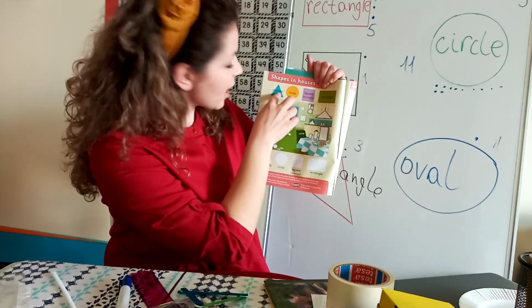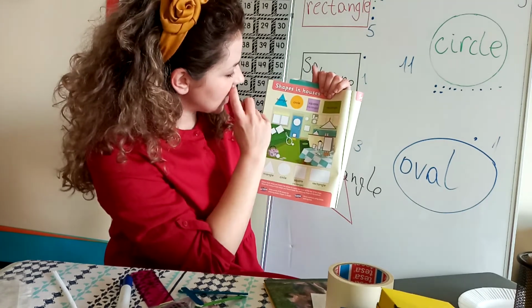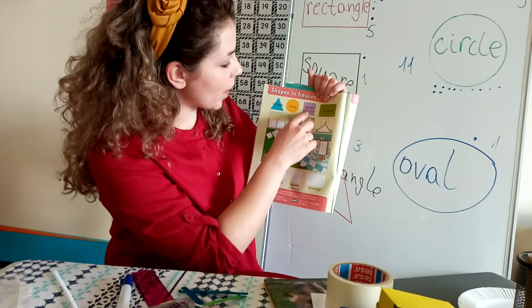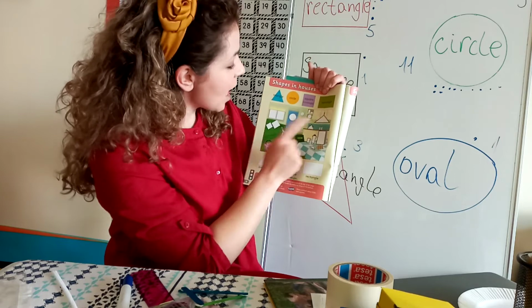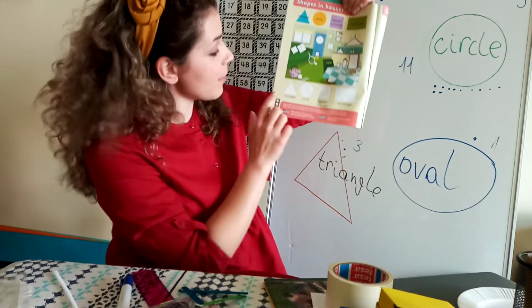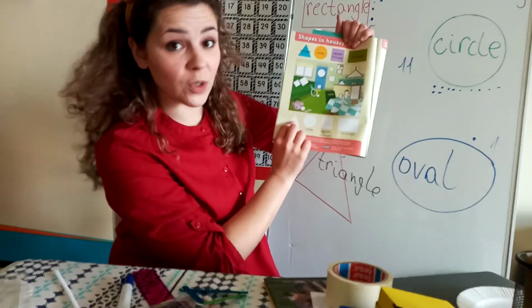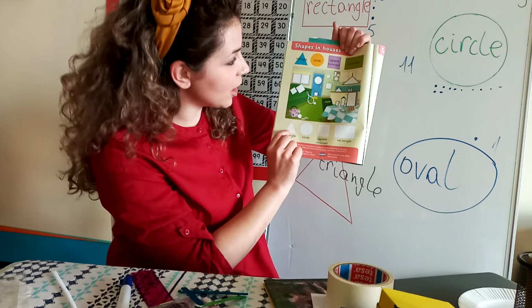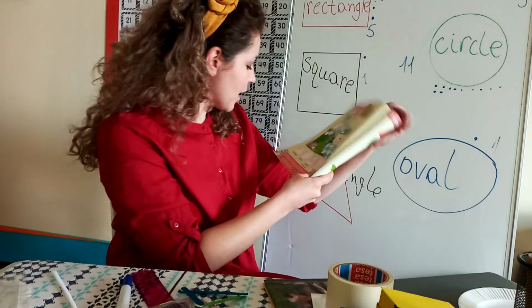Okay, so every triangle that you see, you have to color it in blue. Every circle that you see, color it in orange. Square, you're going to color in purple, and rectangle green, and then you're going to count them, just like I counted them here, and you're going to write the result here. Yeah, so how many triangles did you have? Write the number, write the number, write the number, write the number. And then it says